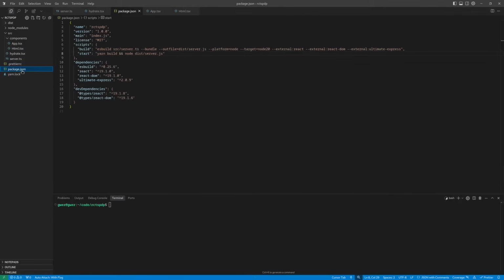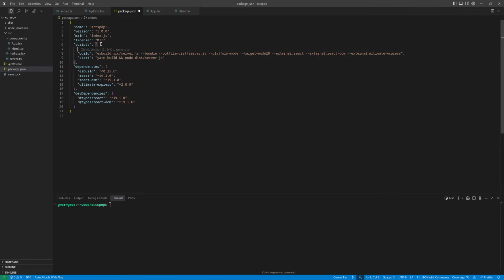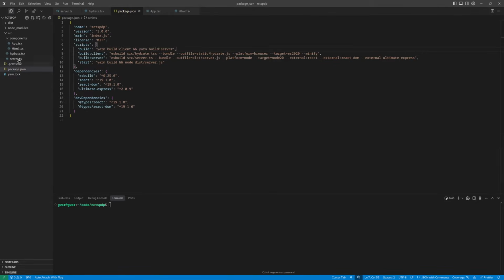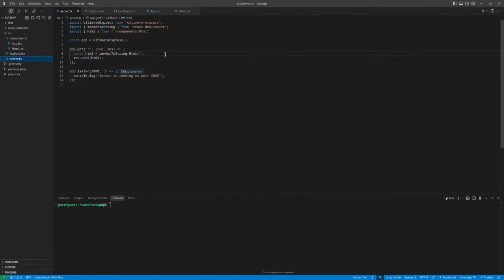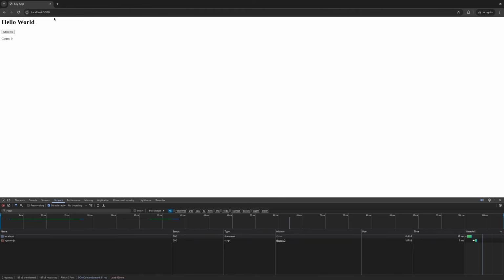The next step is setting up the client bundle build. Cursor's autocomplete is as useful as always. I also need to set the mount point and make sure the bundle is included in the HTML. We've got the JavaScript bundle, but it's not served over HTTP yet. Let's solve that by adding a static file handler. Start it, check it, and it finally works.